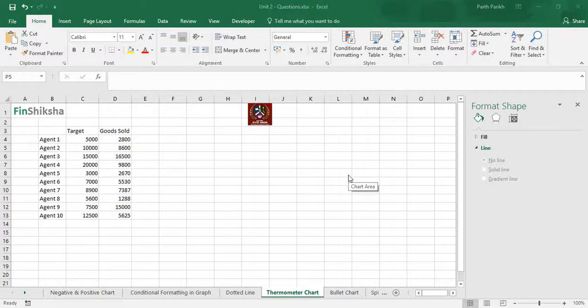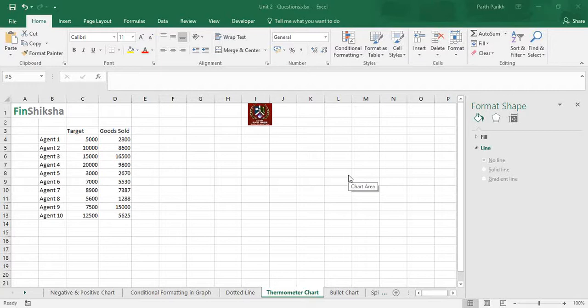In this video, we are going to learn about something new, which is more like a thermometer chart. As you know, a thermometer is an enclosed area made of glass, and inside that there is a mercury line which goes up or down depending on the temperature. So it's more like one bar, and within that there is another bar when it comes to a chart. So we'll see how we do that.